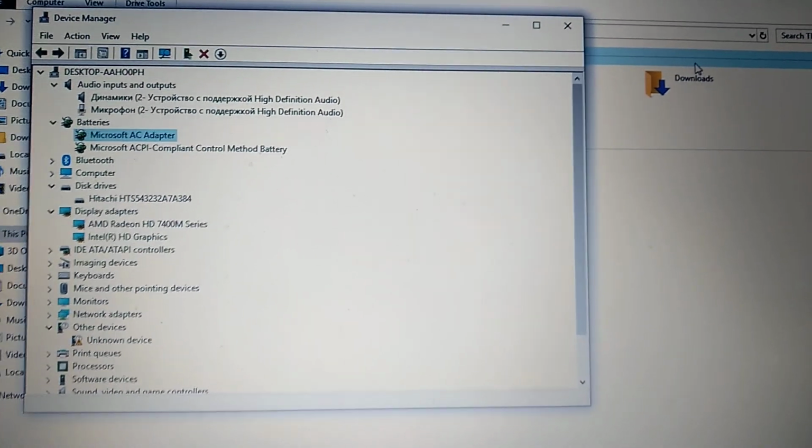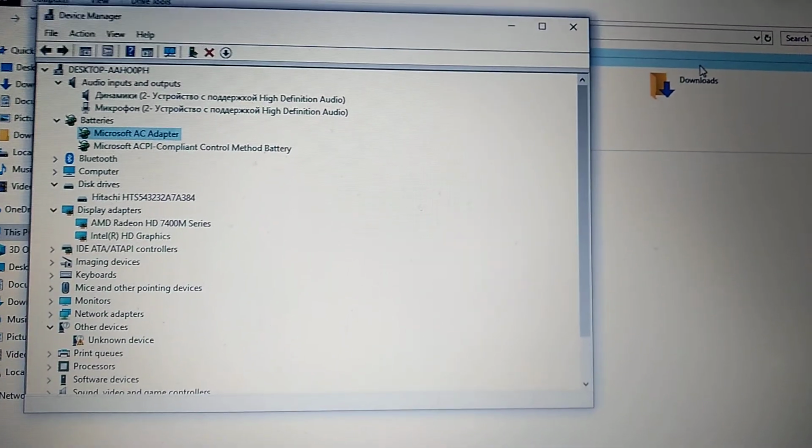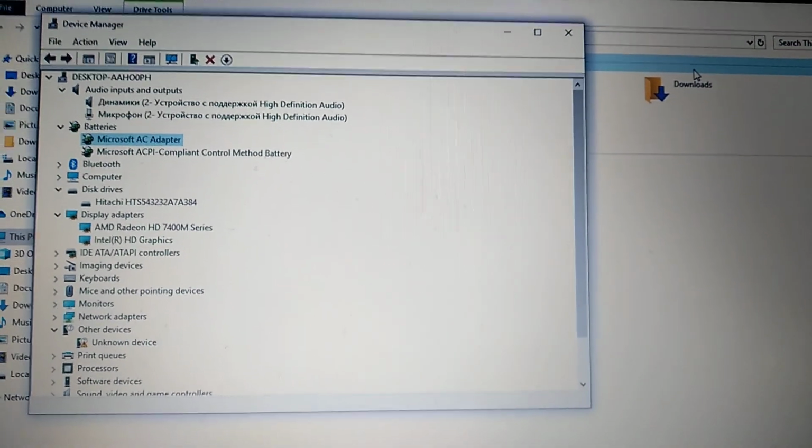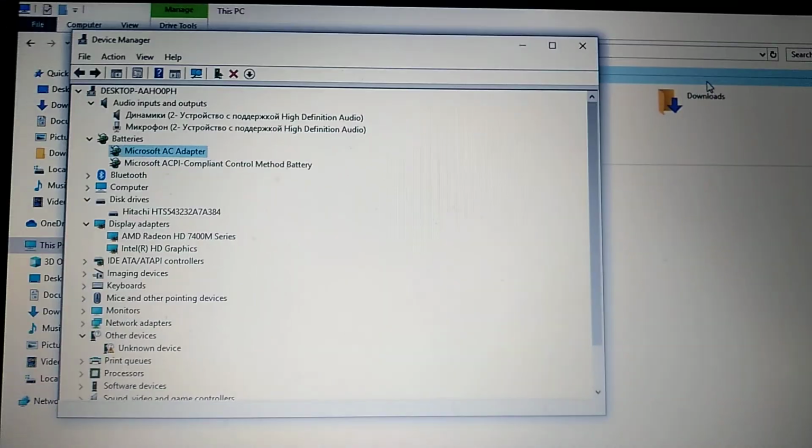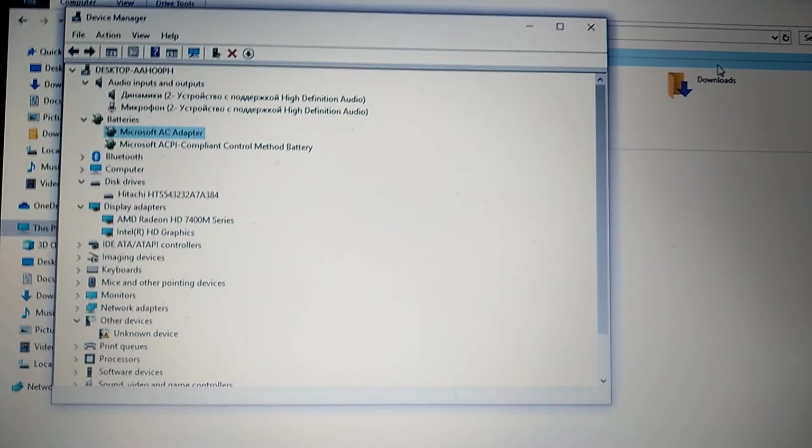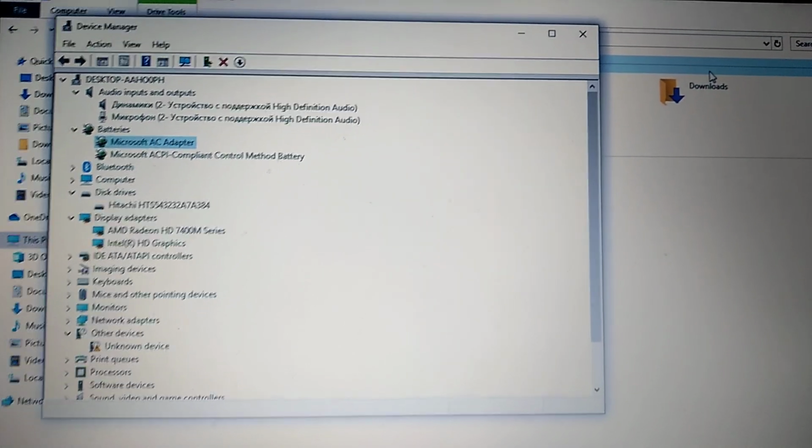Another thing you can do is unplug the device that has problems and just restart your computer. I hope that this way will help you to